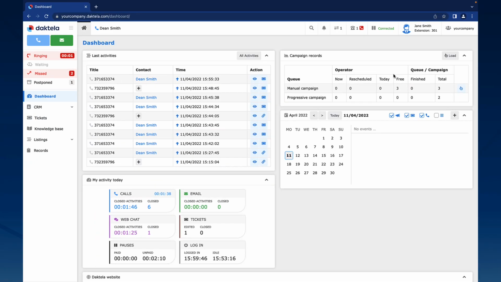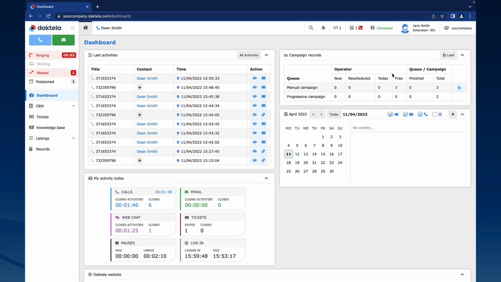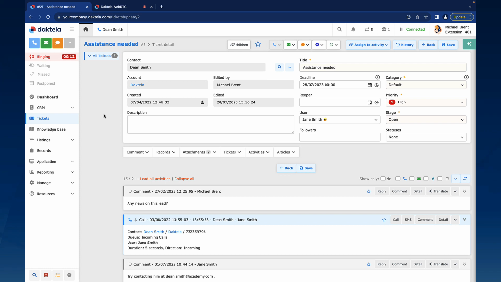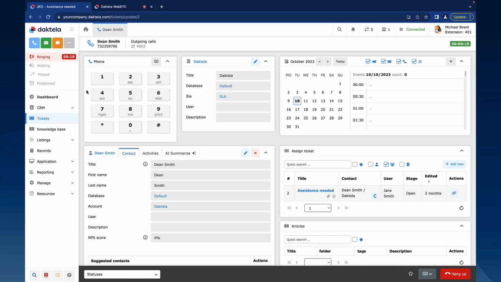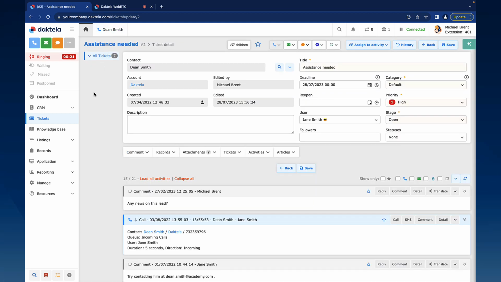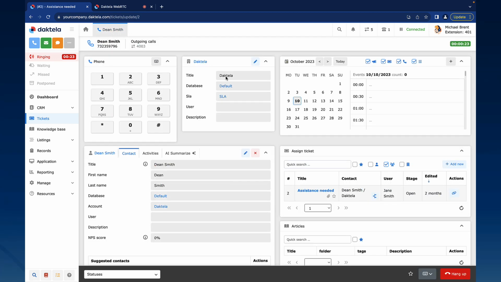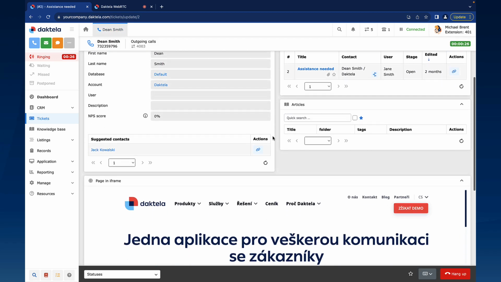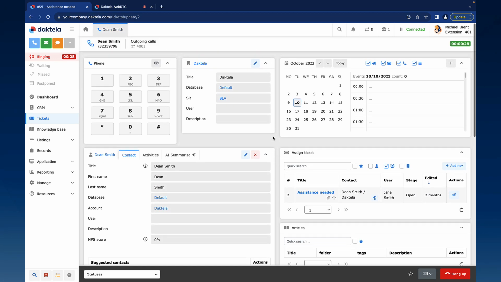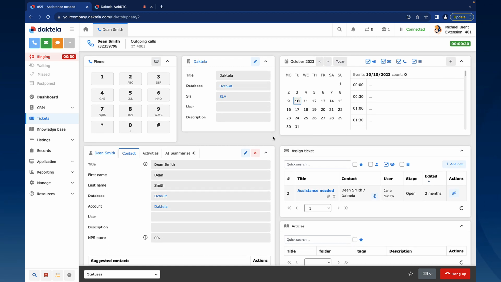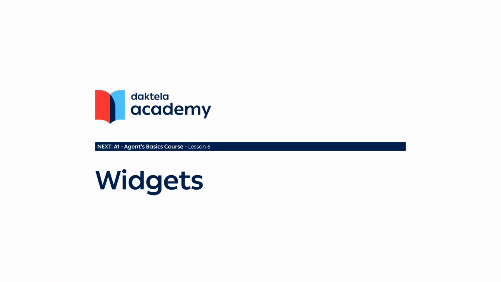It will open in a new tab, just like an incoming activity. Click the red Call button to open a list of actions available to you. Click the Call tab to see the call details. Click it again to return to the previous screen. The Call Details screen may contain different widgets set up in a different order, the Current Activities widget being the only mandatory one, in this case, the Phone widget. Now that you're familiar with all core modules of Daktela, we can go over widgets in more detail.